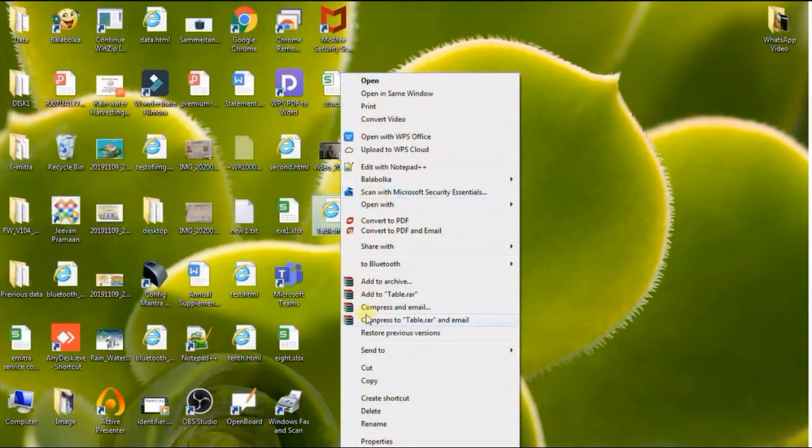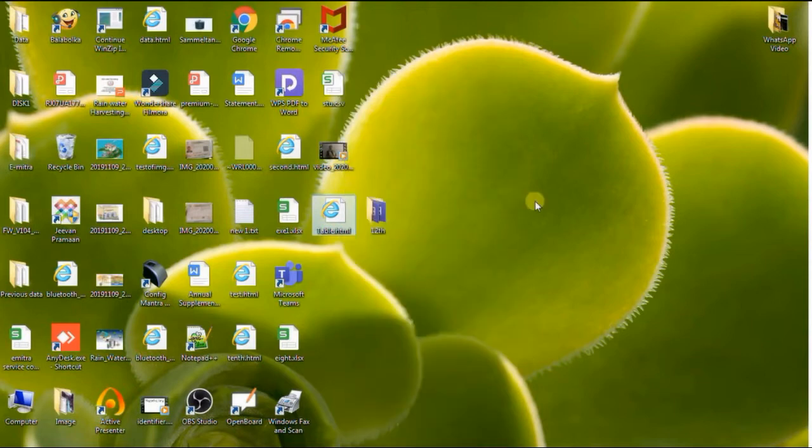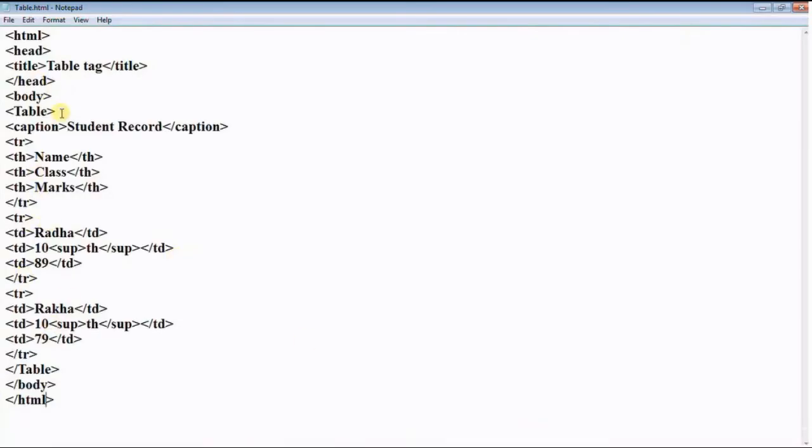My default browser is Explorer, so I'm opening it with Chrome. Yeah, this is our Chrome, and you can see the result here. This is our record, student record.